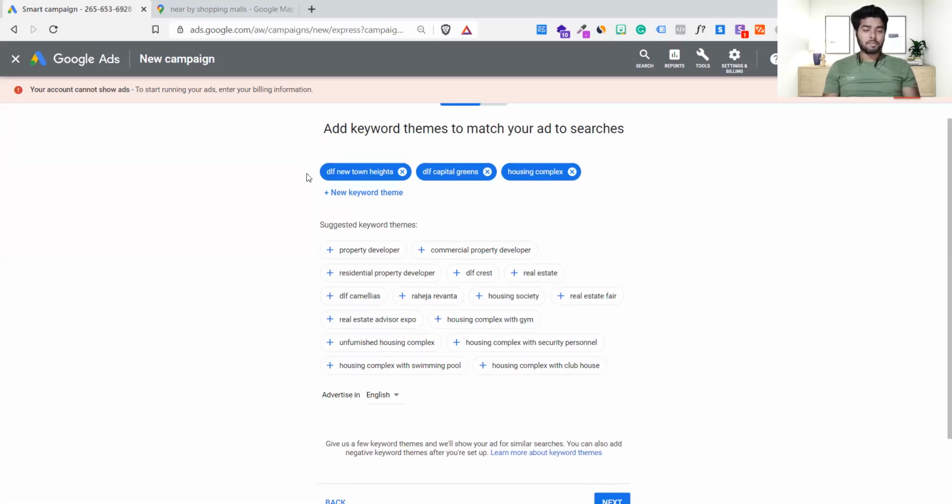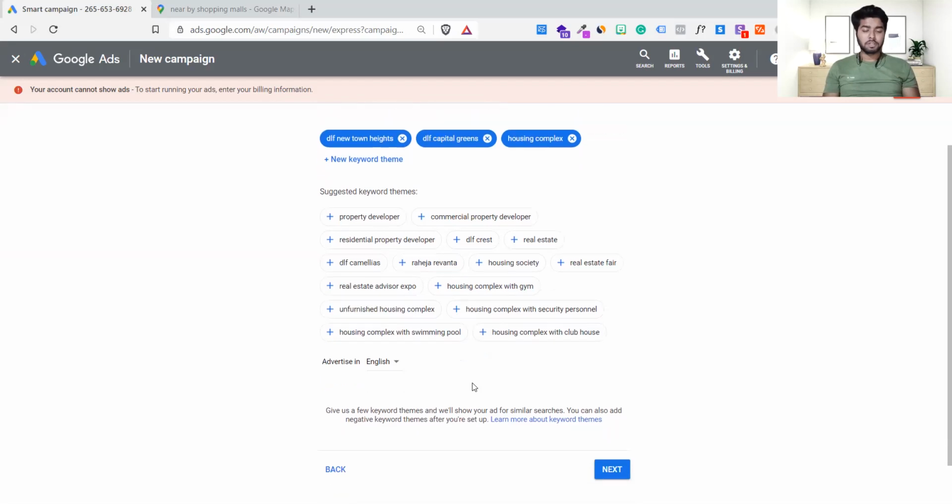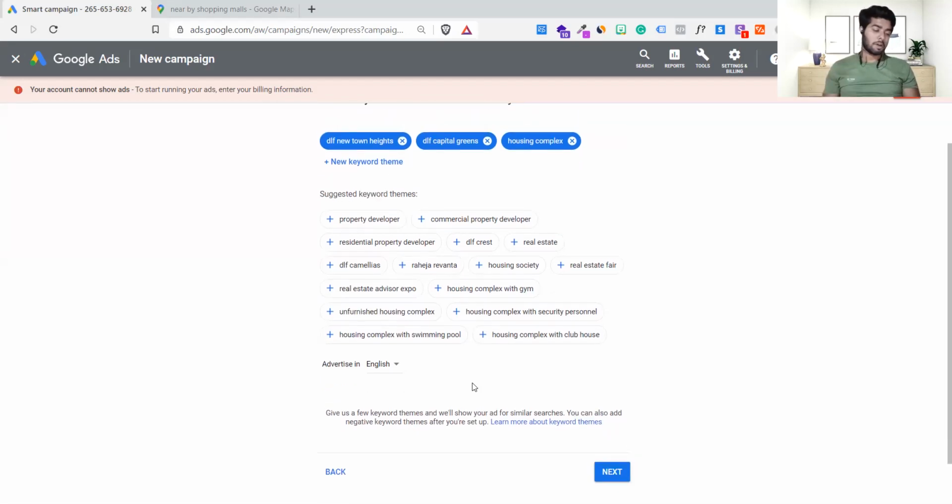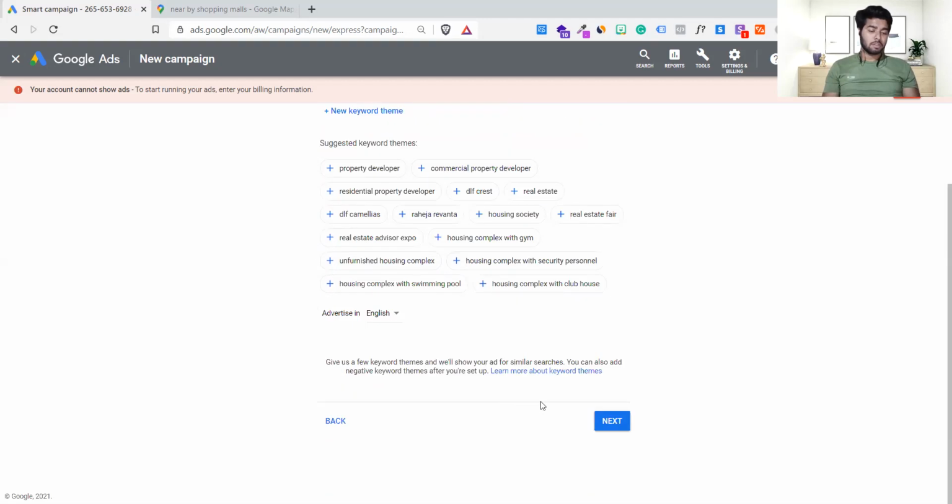Okay, if you are a business owner, you must be knowing that yeah, this keyword is fine because I know my business better than you. Of course, Google doesn't know your business, you know your business better. But the thing is, you must check how people are actually searching, whether there is any kind of search volume or not, and what the cost per click is and all. You must have that knowledge, otherwise you will waste your money and also get stuck somewhere in future. Anyways, we are done with the keyword selection, and we're going to click on next.